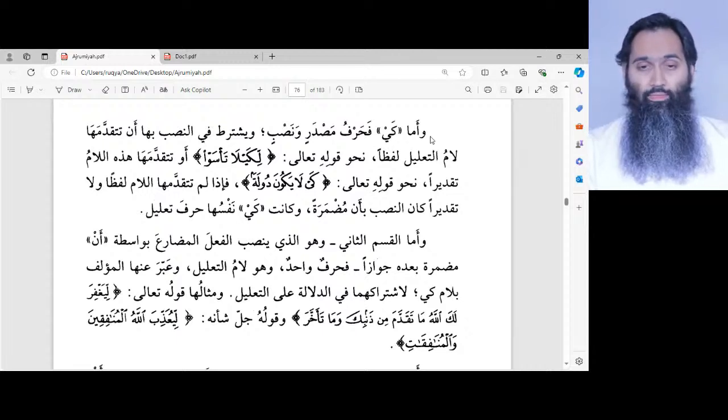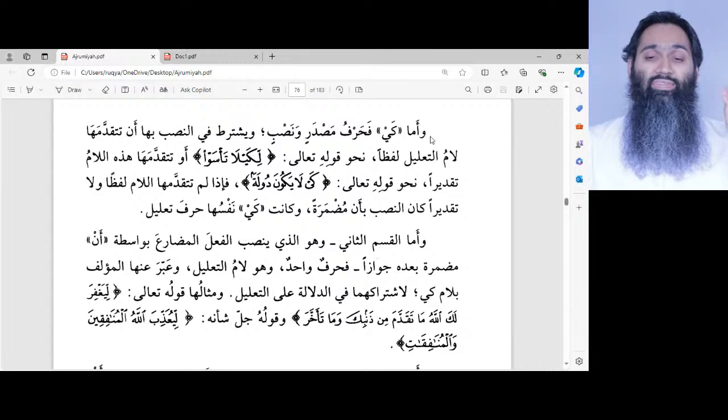If it is not preceded by this lam, and by it here we mean k, if k is not preceded by lam ta'leel, neither lafdan nor taqdeeran, what would happen? كان النصب بأن مضمرة. The nasb now will not be carried out by k. No, the nasb now will be carried out with an